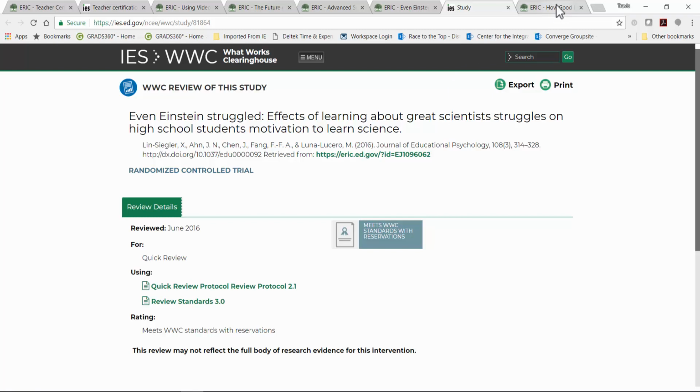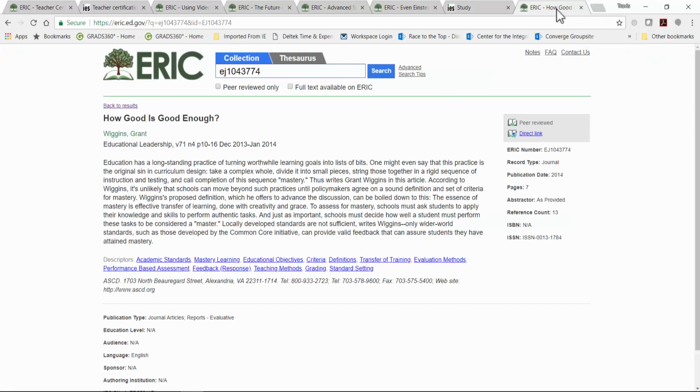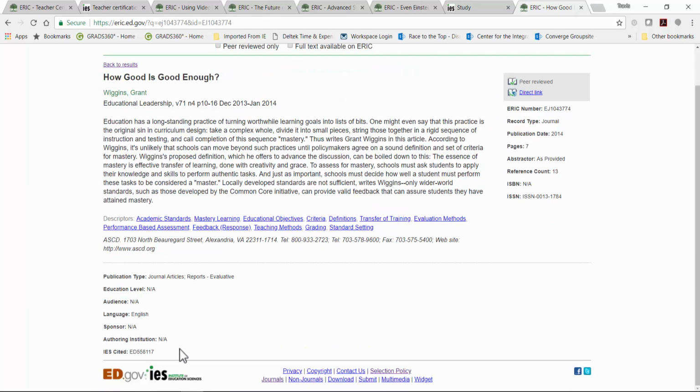All right, we have one last field to look at. That is IES cited. This is for materials that have been referenced in IES reports. So if the journal article or the non-journal material has appeared in the reference list of an IES report, this field will be populated with the ERIC number of that IES report.